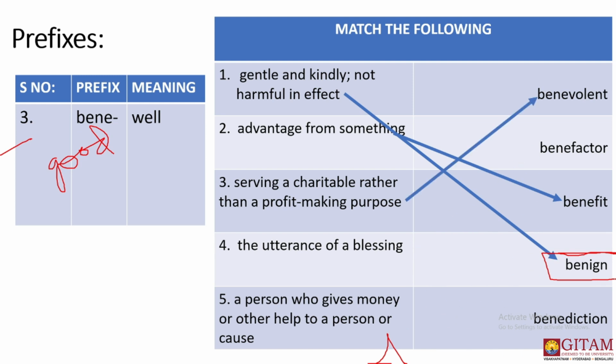What's benevolent? Let me explain it this way. I'll break this. What is vol? Vol means wish. It's an act of volition. If something is an act of volition, I repeat, if something is an act of volition,